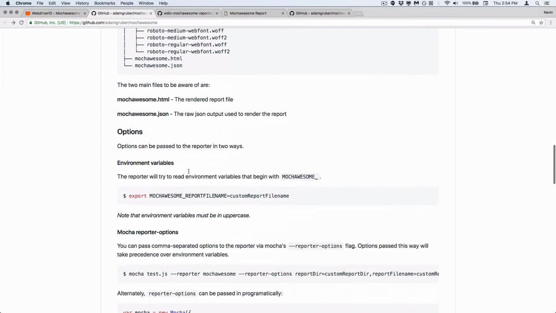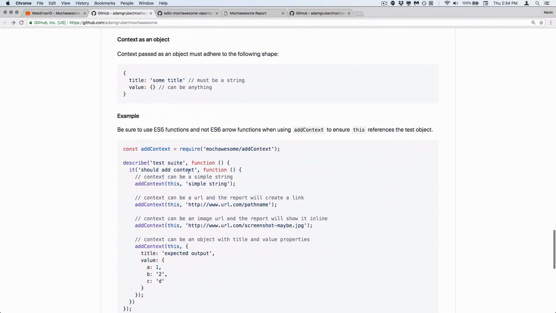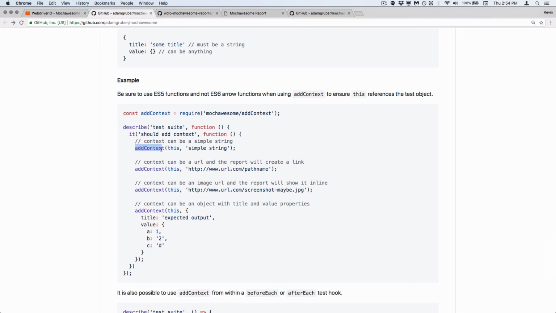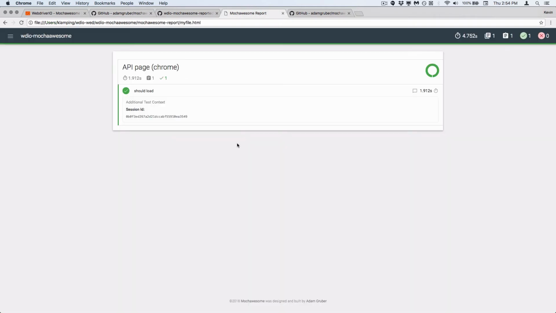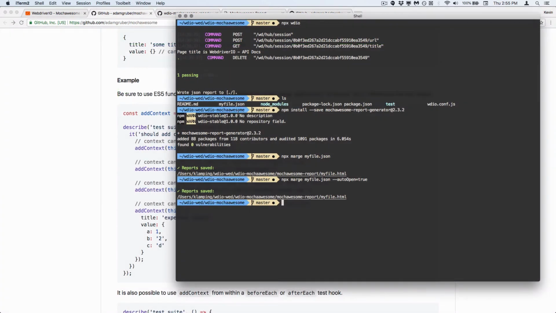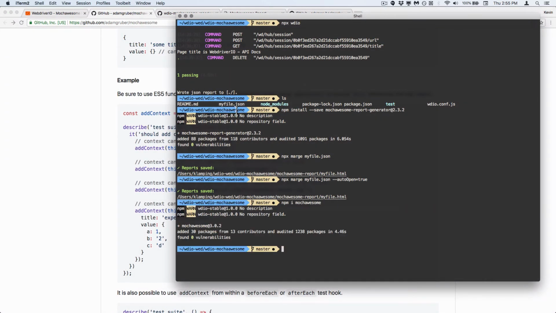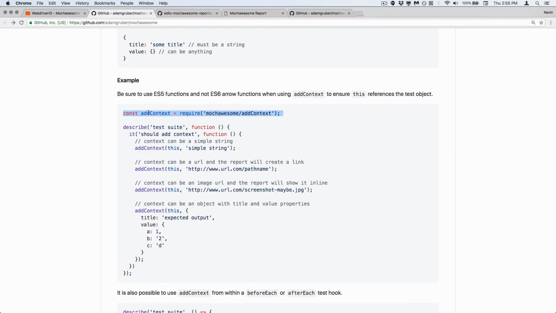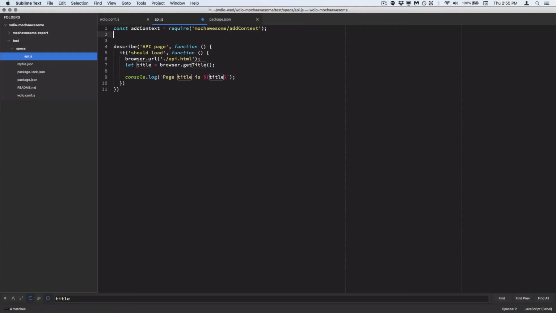One other item in Mochawesome is the ability to add context to a test. So in our report, you can see this is additional test context, and it includes the session ID. If we want to include some more test context, we can manually add that. The first thing we'll need to do is install Mochawesome. Then with that installed, we can go back to our test and add the addContext function,